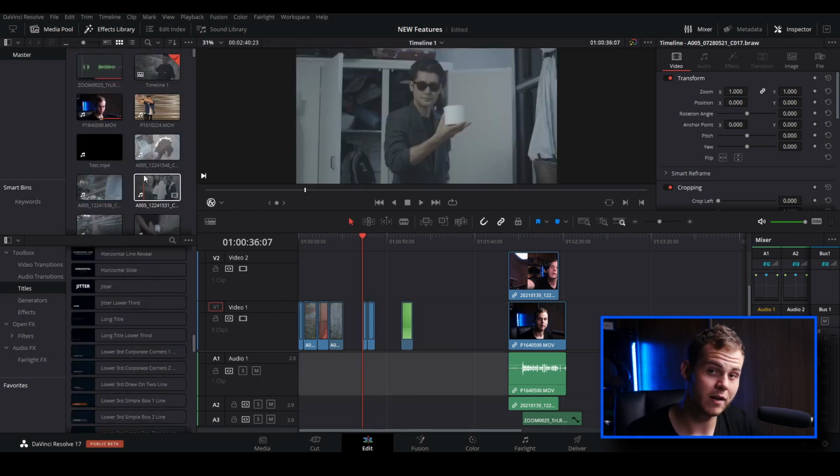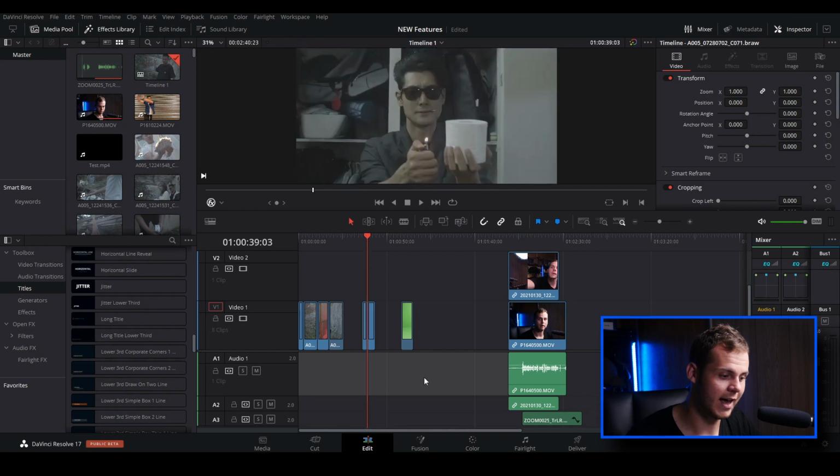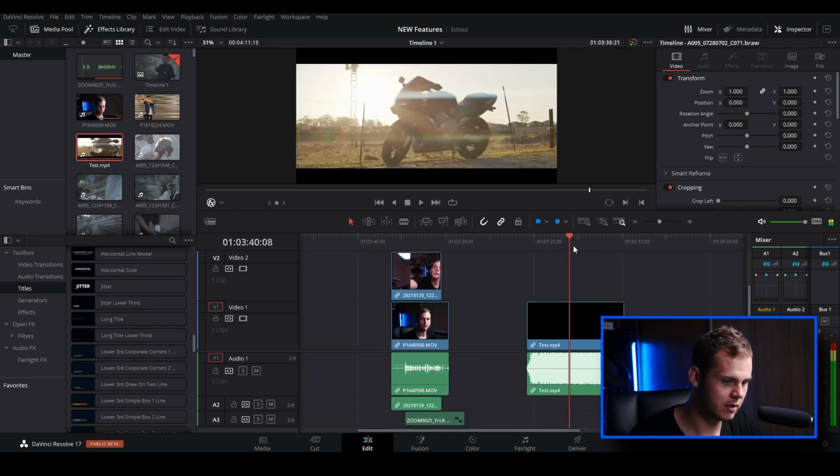There's been quite a few updates in the Fusion tab as well. One of the main ones that I really like that they've decided to add in Fusion is, I'm just going to import this clip here, go into Fusion, and now when you go inside of Fusion, they've decided to update it and give you audio inside of Fusion, which is great, especially if you're doing motion graphics where you've got to animate to the beat